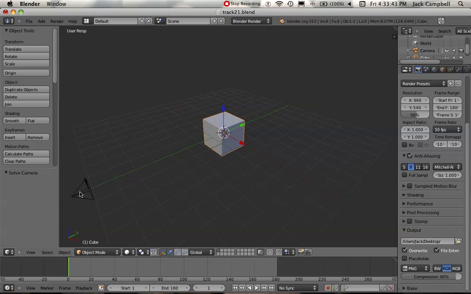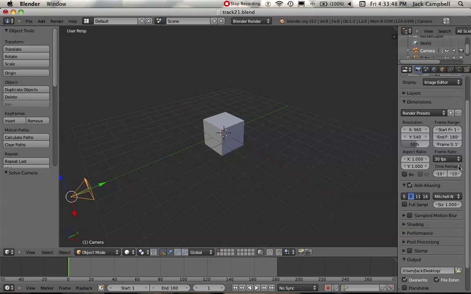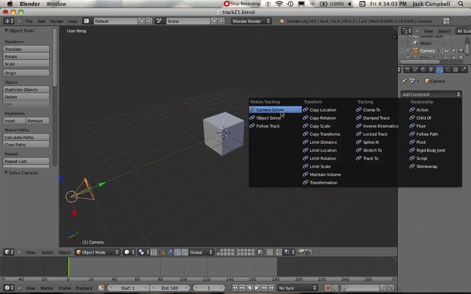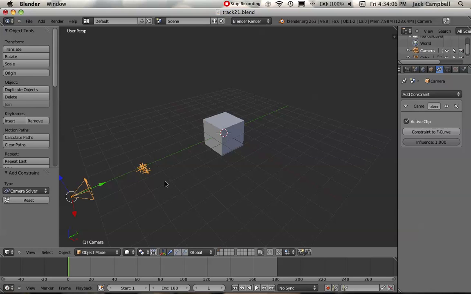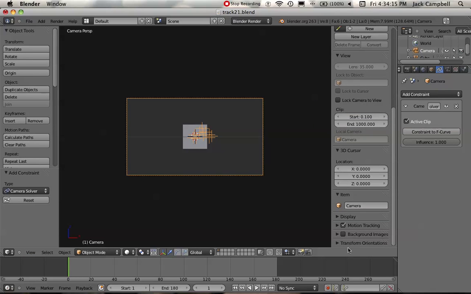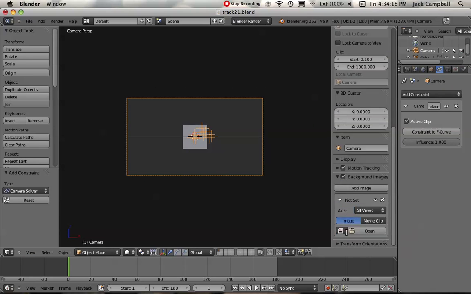And that is because you have to click on your camera. I might just change this back to 24 for now because I just noticed something weird. Oh no, it's still like that. Okay, well, what you have to do is you have to click on your camera and go to your constraints tab, and click camera solver. Now that will add these points into the thing, and if you hit Alt-A, as you can see, the camera moves. So if we view from that camera and hit N, background image, and we just hit add image,